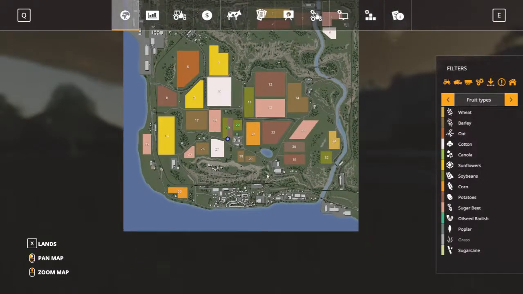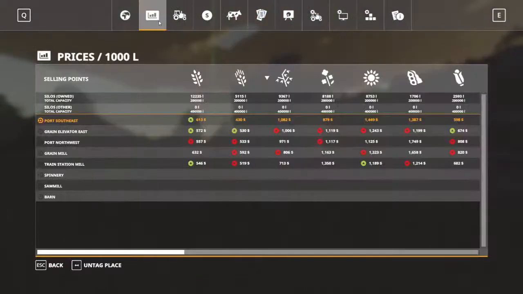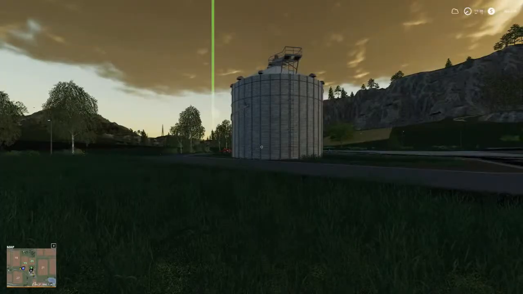Port Southeast is down here. So you're going to travel from here to there, and all you're going to make extra is an extra, what, $77 per liter. It's not worth it. Grain Elevator East is pretty far too, so you just kind of got to decide. And sometimes it's best to just let it sit, not sell it, and wait for the prices to go up. So other than that, you know,